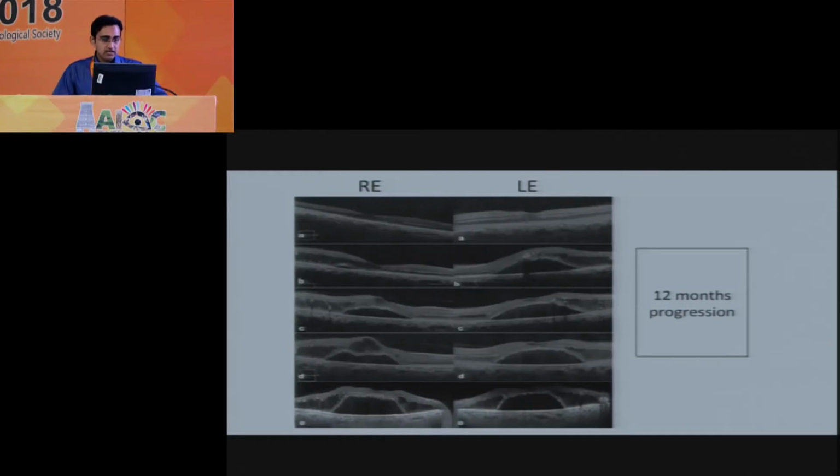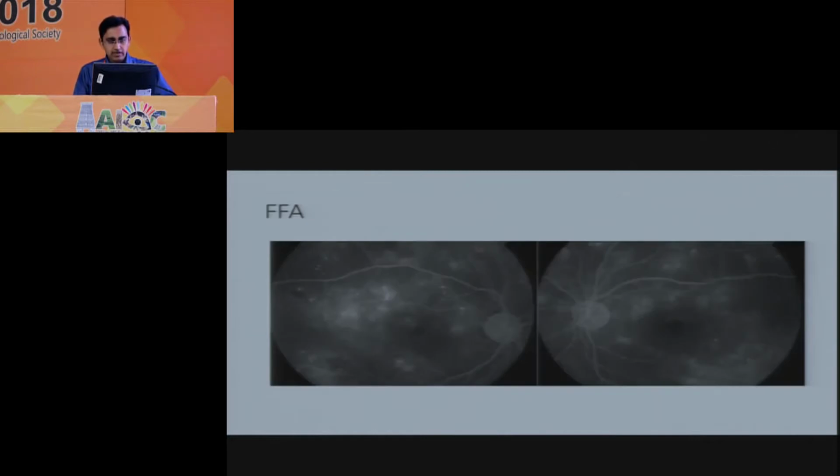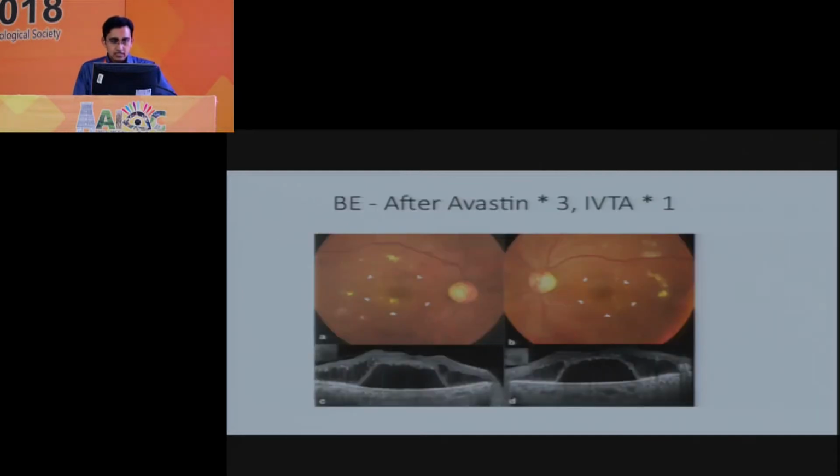Despite giving multiple intravitreal Avastin injections and 1 intravitreal IVTA, the subretinal fluid seemed to be consistently increasing over the period of next 12 months. We decided to do an FFA at 8 months after presentation, which did not show any significant leak which can account for the amount of subretinal fluid which was seen clinically as well as on OCT. This is the fundus photo after 3 Avastins, 1 IVTA, 12 months after presentation, showing pocket of subretinal fluid